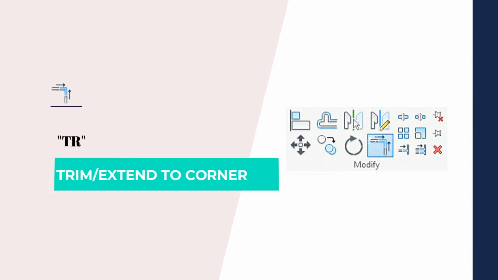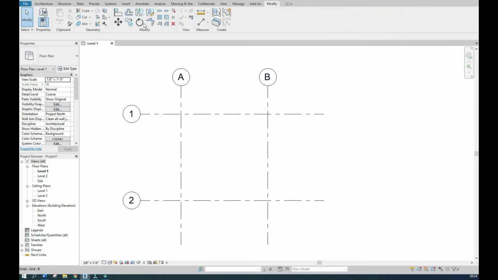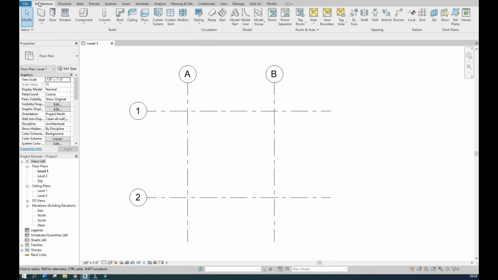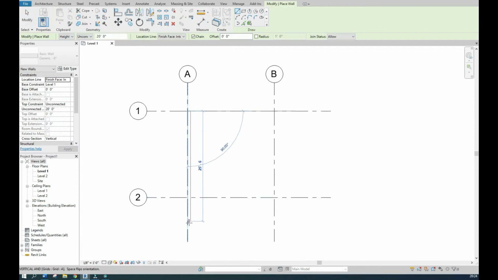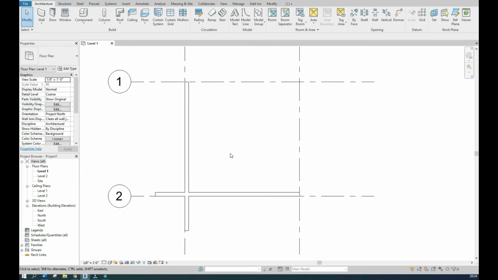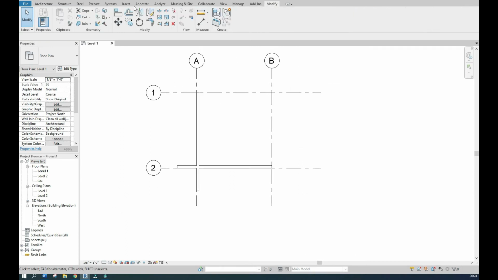Trim Extend. This tool is used to trim or extend one or more elements to a boundary. Go to Modify and select the Trim Extend tool or just type TR. This can be done in 3 different ways. Trim Extend to corner.